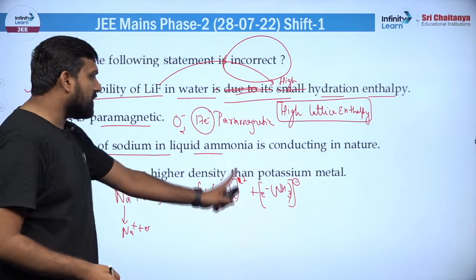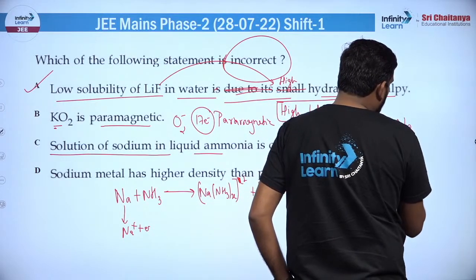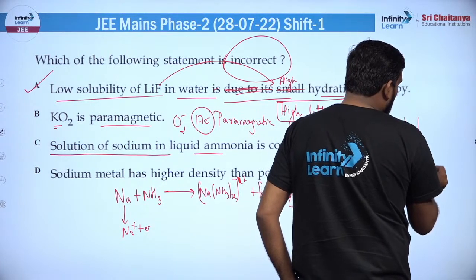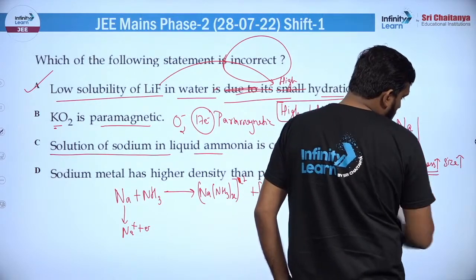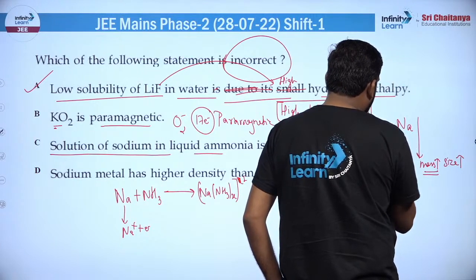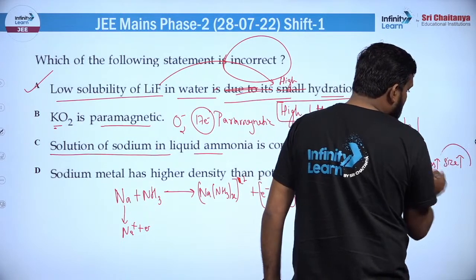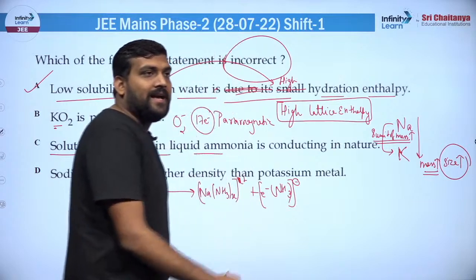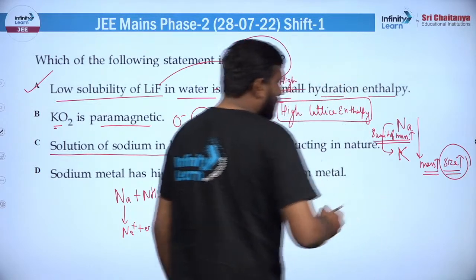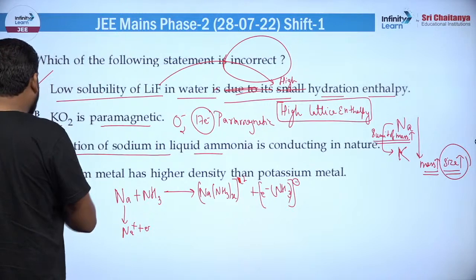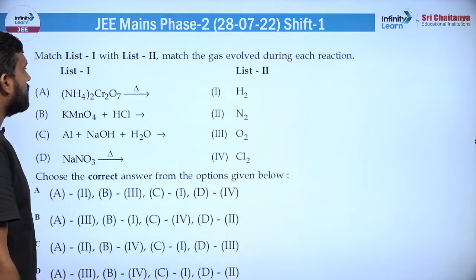है। सोडियम मेटल हैज हायर डेंसिटी देन द पोटेशियम, ये बिल्कुल सही स्टेटमेंट है। एक्चुअली क्या है कि अगर आप सोडियम से पोटेशियम की तरफ जाते हो तो यहां से यहां पर मास में तो इंक्रीज हुआ है, बट साइज में भी यहां पर इंक्रीज हुआ है, ठीक है। मास में सिर्फ 8 यूनिट का इंक्रीज हुआ है, और साइज उसके मुकाबले बहुत ज्यादा बढ़ गया है, इसलिए जो हम देखते हैं कि पोटेशियम की डेंसिटी रिलेटिवली कम हो जाती है सोडियम के मुकाबले। तो बाकी तीनों स्टेटमेंट ट्रू हैं, ये भी ट्रू है, ये भी ट्रू है, सिर्फ यही आपका फॉल्स स्टेटमेंट है, ठीक है। तो यही आपका आंसर है। गोइंग टू द नेक्स्ट क्वेश्चन,